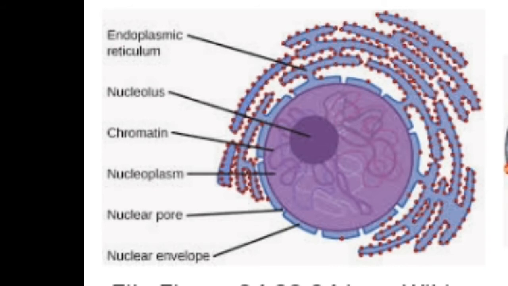Its main function is to store and transmit the hereditary information from one generation to another. During cell division, chromatin becomes more dense, visible, and definite in number as rod-like bodies called the chromosomes. Chromosomes bear many extremely minute particles called genes. Chemically, genes are composed of DNA. Chromosomes are the most significant component of the cell.